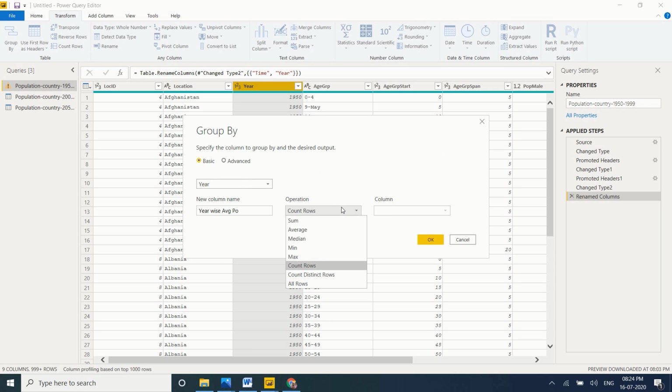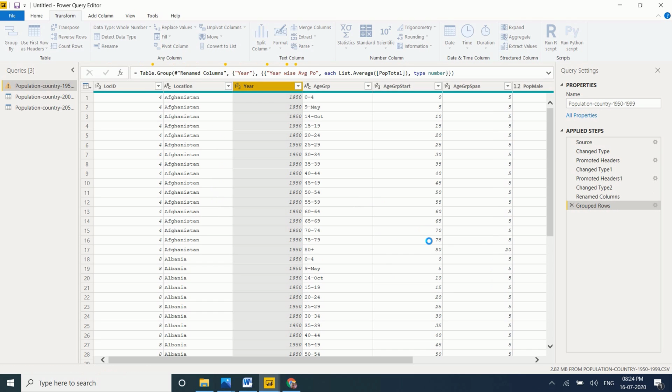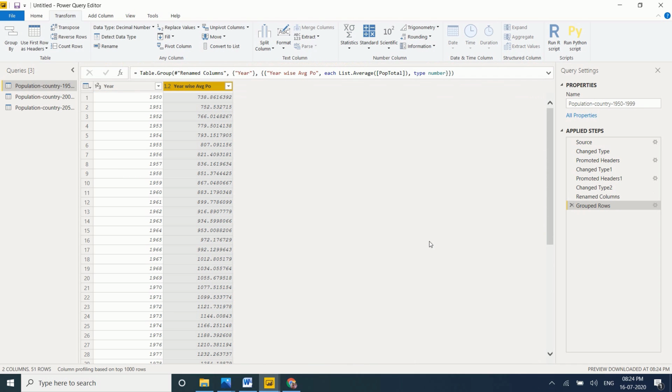Okay, operation average, like this, year wise average population. You can. Okay, you will get year wise average population.